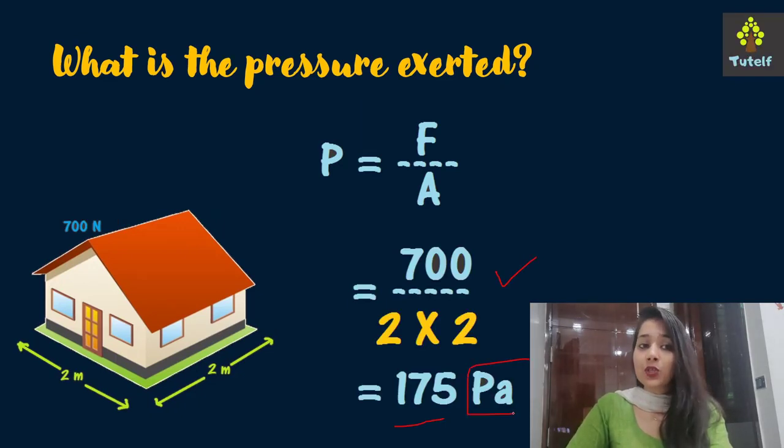I'll put the unit of pressure as Pascal. I could even put it as Newton per meter square. So it is totally up to you. If you want to go for Pascal, go for that. If you want to go for Newton per meter square, go for that. But please never forget the units, because when you're writing the magnitude, you have to ensure that you write the units. Units are very important.